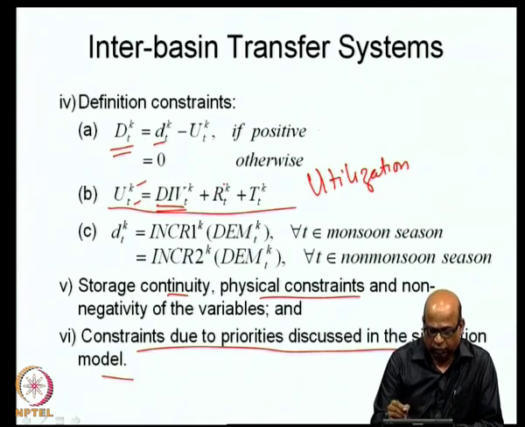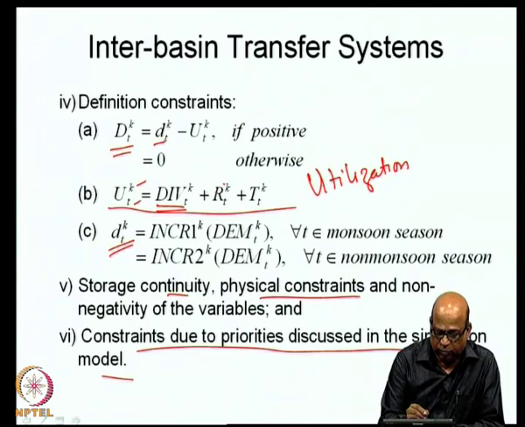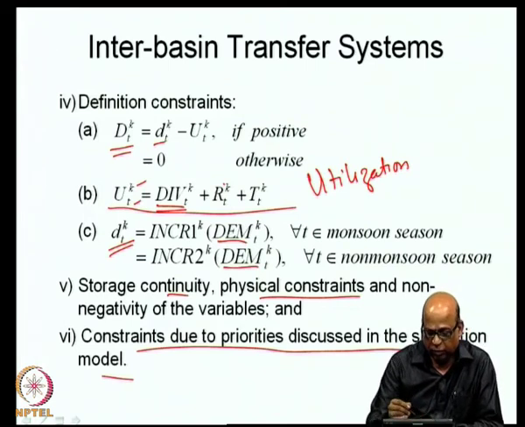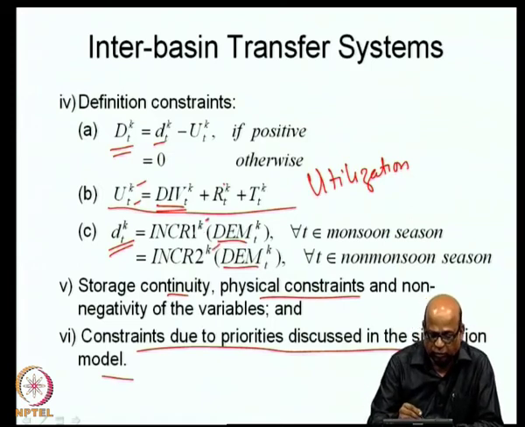So, that is a definition for DTK, deficit, and the small DTK, which is the demand, we will now put it as the specified demands. DMTK is the specified demands. We will multiply to see whether we can increase the demands at the reservoir K. So, that is the factors.